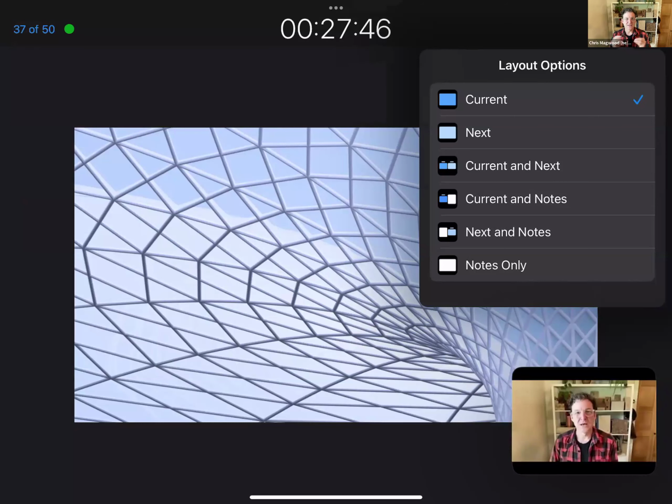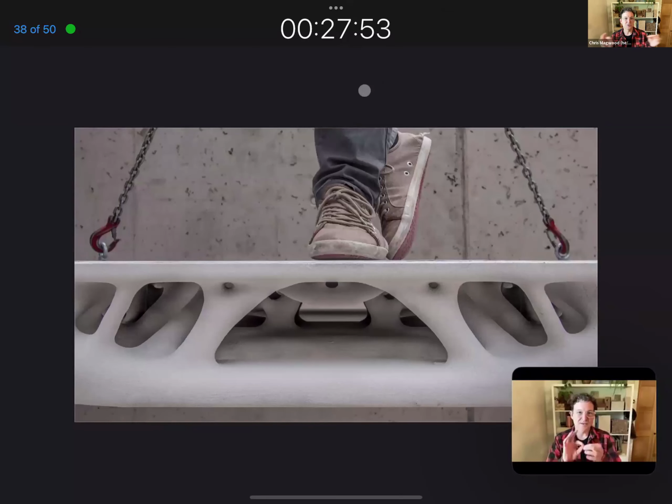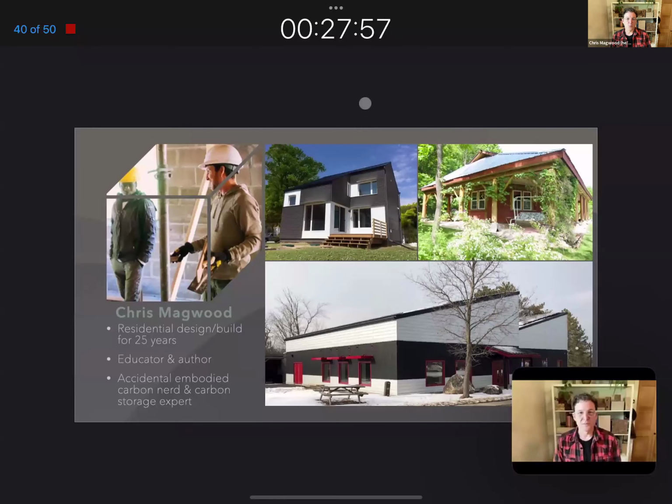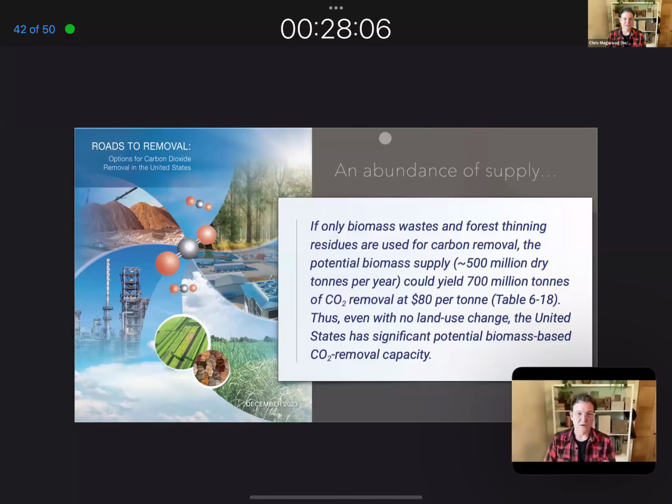But essentially, because these things tend to be individual pieces, whether it's an individual strand of fiber or a larger stalk, what you need to be able to build with them is some sort of glue that's going to hold them together. So we know we've got all these fibers that